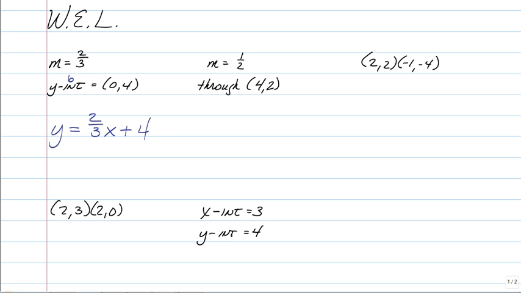The next one, now we're going to assume for all of these, we're going to write these in slope-intercept form, unless stated otherwise. So for this next one, we're just going to say, write it in slope-intercept form, but as I mentioned before, I think it's always easiest to start with point slope form. I think that's one of the most important ones. So my point slope form would be y minus y1. Well, this is my x1 and this is my y1. So this would be y minus 2 is equal to my given slope of 1/2 times x minus my x1,